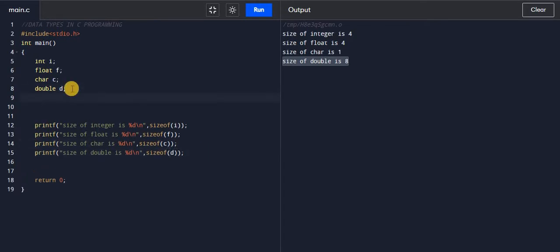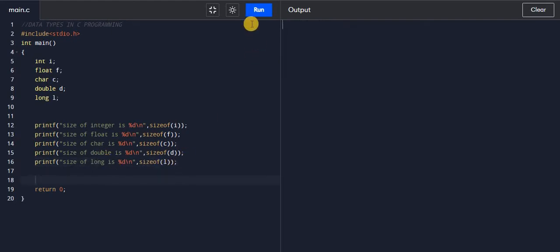Now the next data type is long. Consider its variable is l, and we will see the size of this long data type. Here you change the variable to l and the type to long.